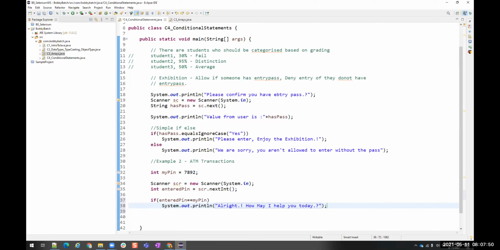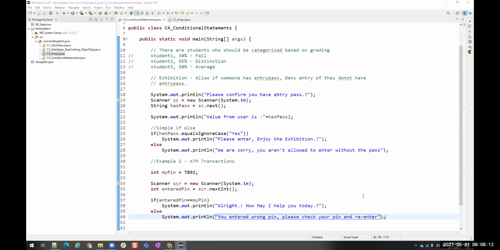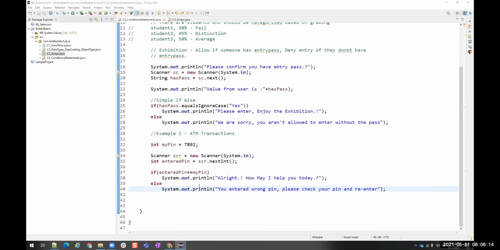This is an introduction screen, I'm just writing this. If not, then say, entered wrong PIN, please check your PIN and re-enter. This is the message that I want to show.